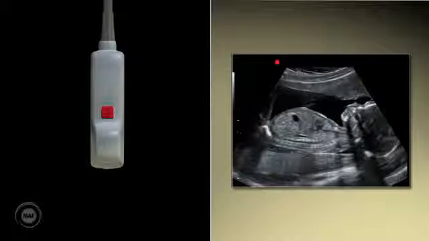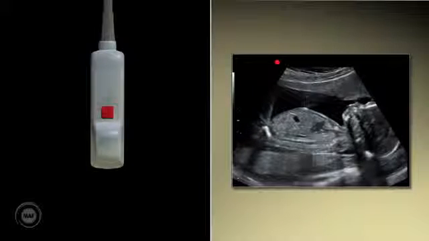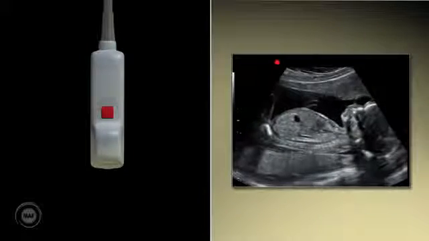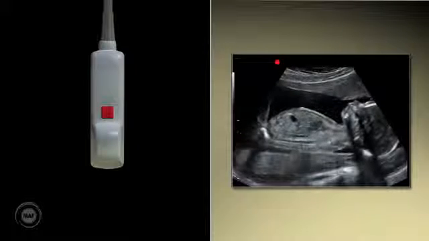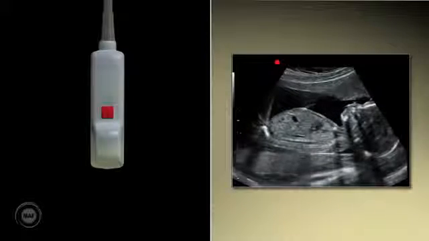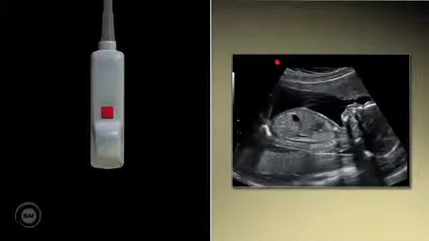Probe orientation. There is a marker or a dot located on the ultrasound probe, and it is always represented on the screen in the same place, usually the top left-hand corner. This dot is crucial when working out the orientation of the organ or the fetus and when interpreting the corresponding